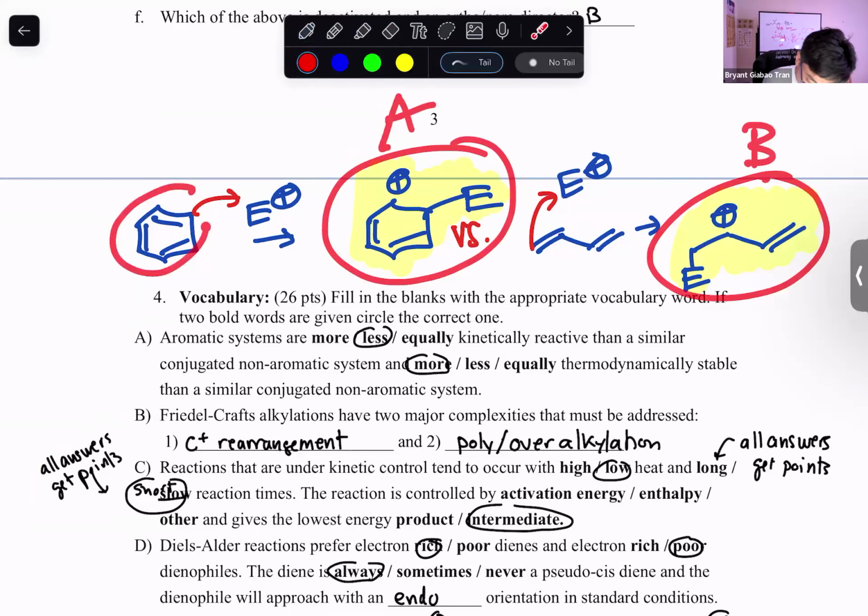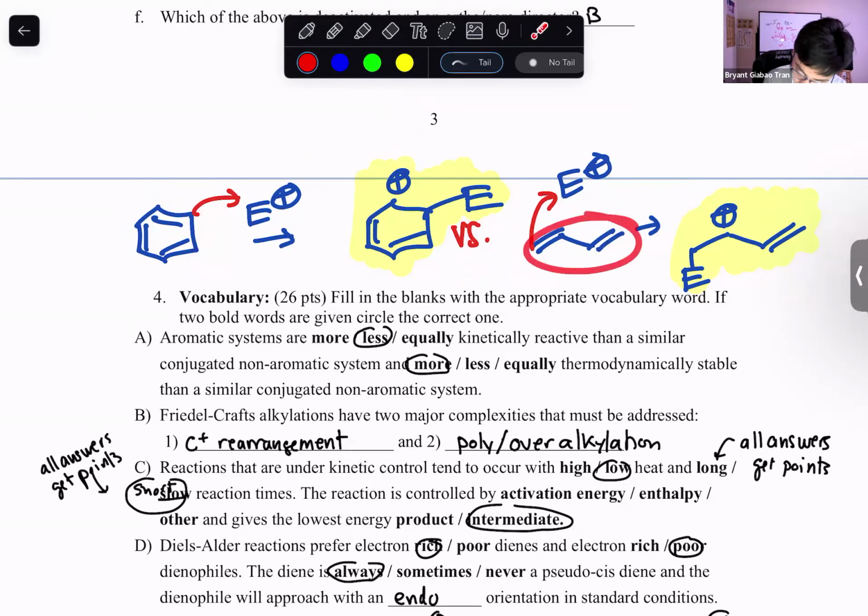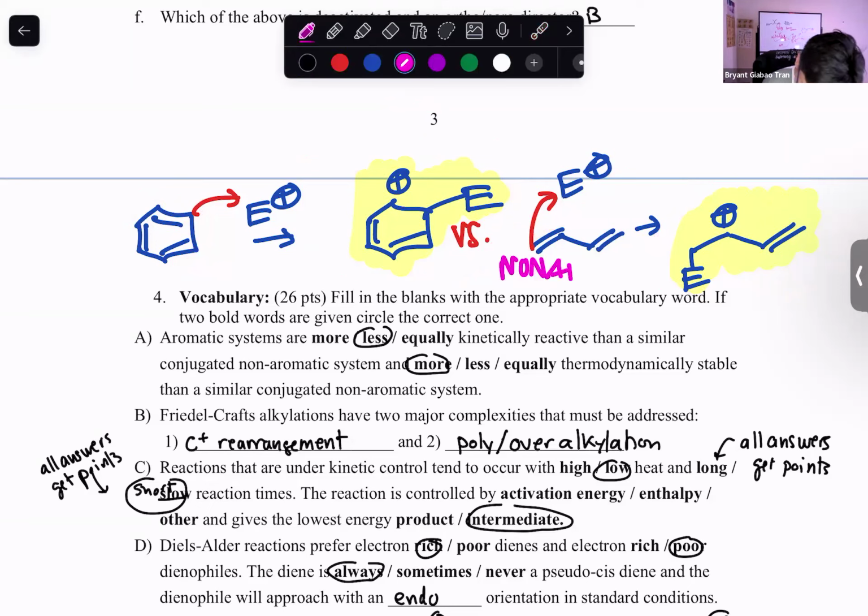Would the benzene ring want to break its aromaticity to get A, or would the conjugated diene want to get to this intermediate more likely? Which one is more likely to be formed? Yeah, the conjugated diene is more likely to be formed because this is a non-aromatic structure, whereas this benzene is an